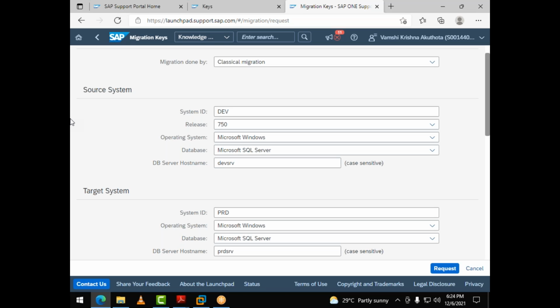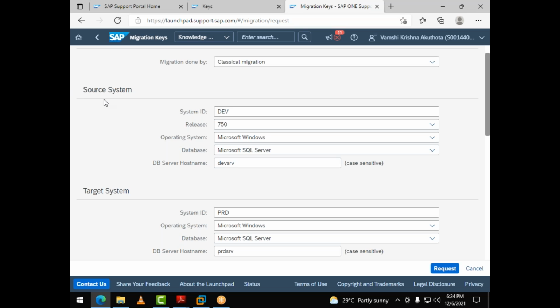No, everything will become on classical migration. Got it? But okay, yeah. In DMO migration, you did not do like that. That is the difference. In DMO migration, only one migration came. But in classical migration, you have homogeneous system copy and heterogeneous system copy. In heterogeneous system copy, you have OS migration, DB migration, and OS and DB migration. In homogeneous system copy, you have only a single option. Got it? Clearly? Now, is there any doubt?